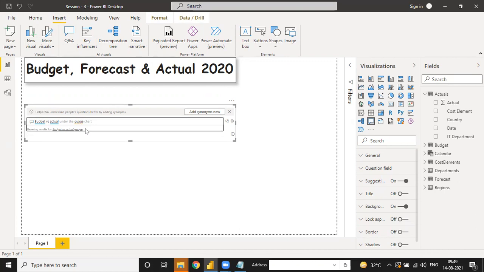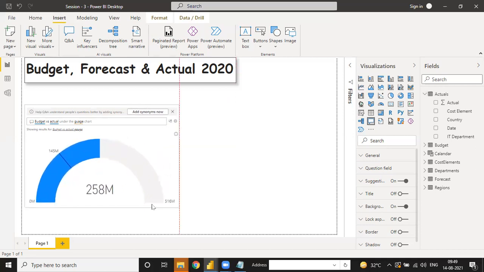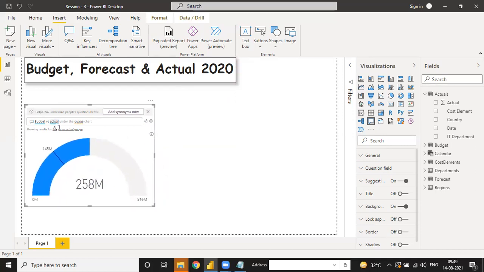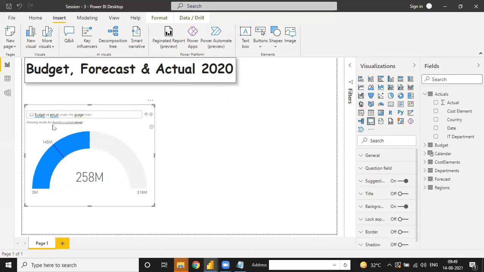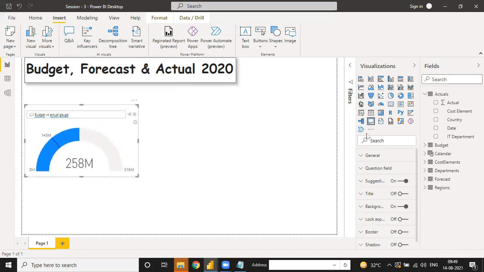Okay, Gantt chart. When you ask a question from this, it will show you the complete visualization. When you ask any question with this Power BI help, it will directly make the visualization for you. And when you click over there, see, the chart is ready. Your budget chart is ready to maintain. This kind of chart is automatically ready.